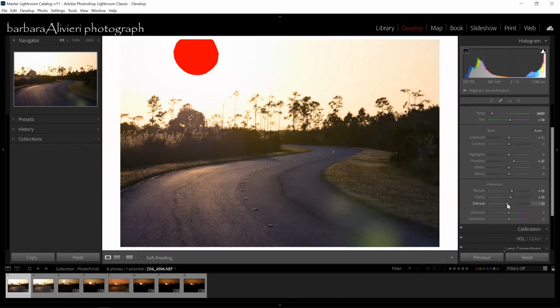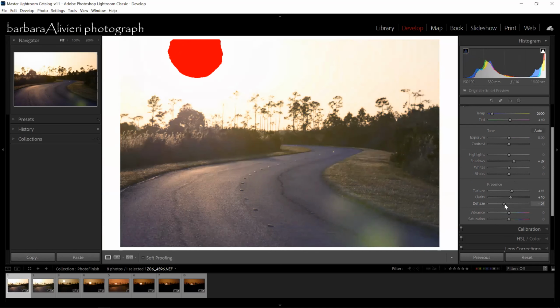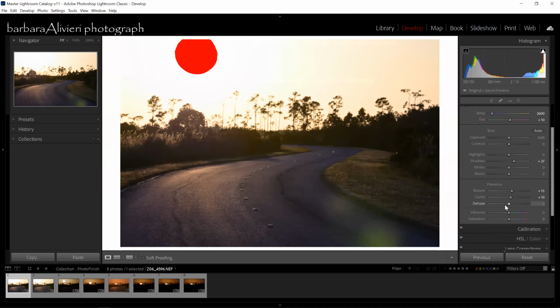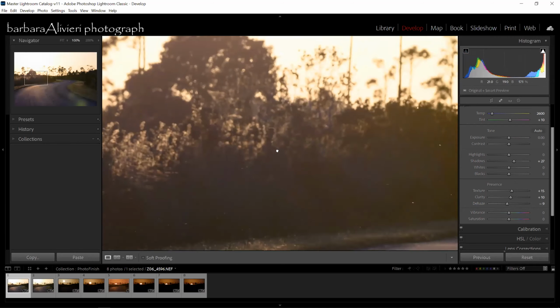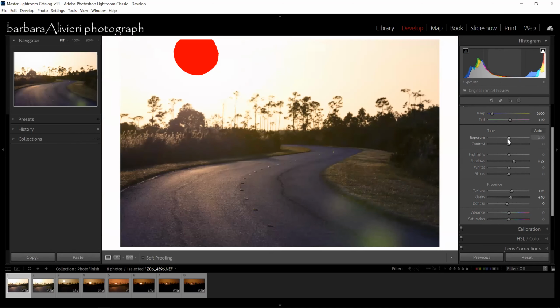But if you go backwards on it, it actually lightens the image and it gives it a little bit more fuzziness. And I know in this we're trying to get a sharp image, but sometimes you want maybe a little bit of glow. So you can go backwards on the dehaze and it'll give you just a little bit. You can play with that and your exposure slider. If you don't want it so bright, but you do want that little bit of fuzziness, you just drop that down a little bit.